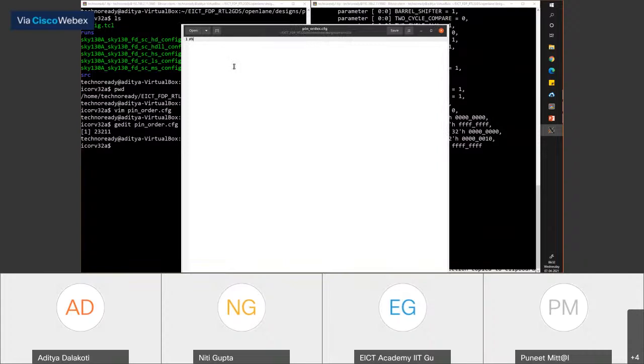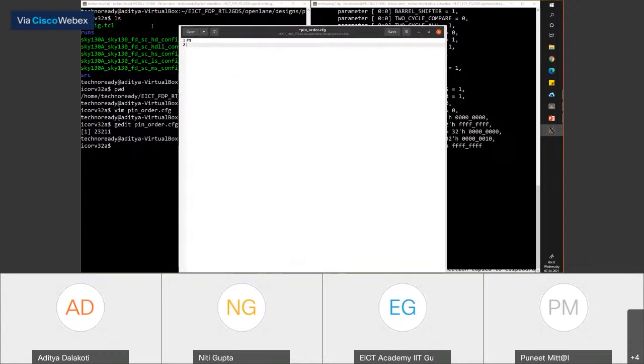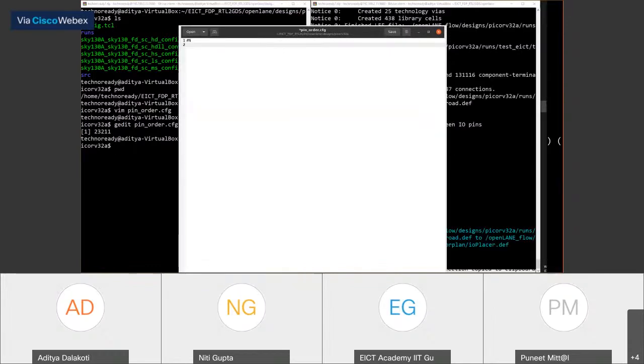So that's my file. What I'm going to say is, let's put my clock port on the north, and please follow along as we are doing.